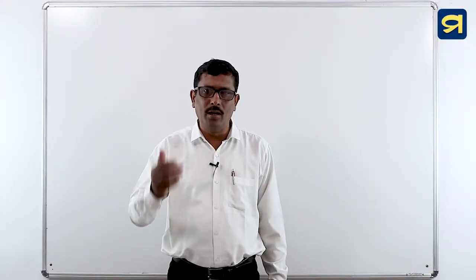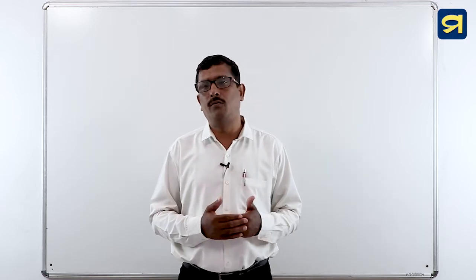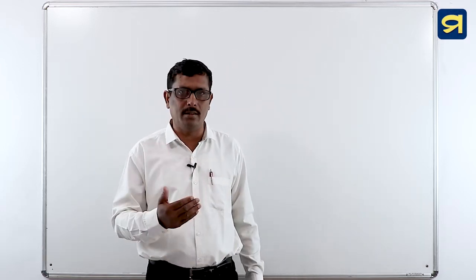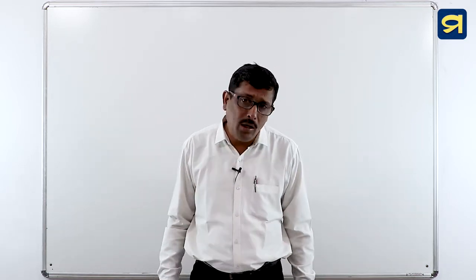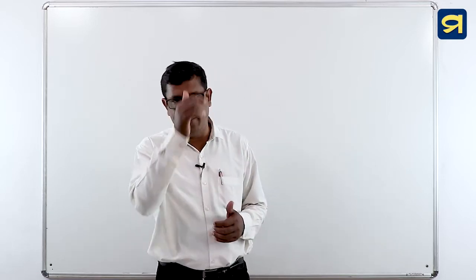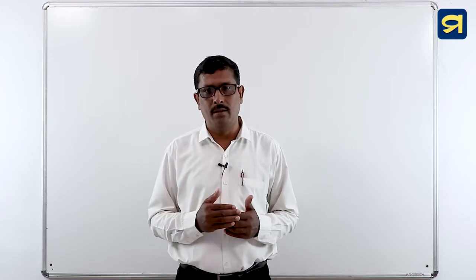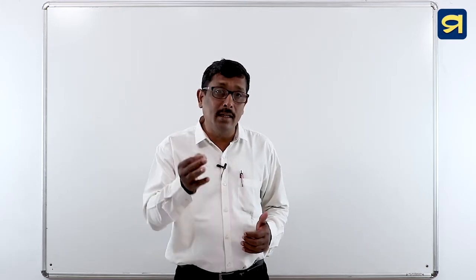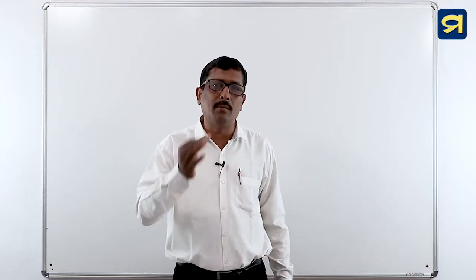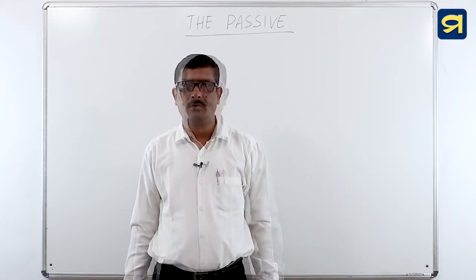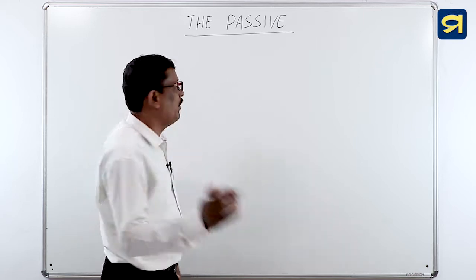Hello children, today we are going to discuss a very interesting chapter of your English book. Before discussing the chapter, I want to ask you a question. How can we write a sentence with? Yes, we write a sentence with the subject or object. The fact decides whether a sentence is in active or passive. So today we are going to discuss the passive. Before discussing the passive, we will come to know what voice is.